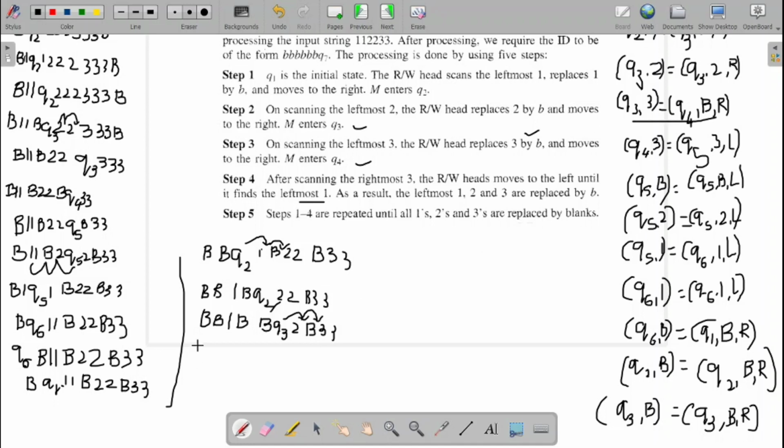What to do? Q4. The next iteration of this one will be blank, blank, 1, blank. Again one more blank. Then it is a 2, blank. Next will be Q3 on 3. So Q3 and 3 is defined. What to do? Q4 and you have to make that 3 a blank. So now this 3 will be made blank. Change the state to Q4.